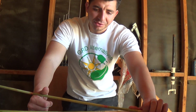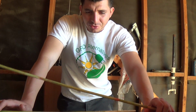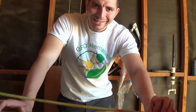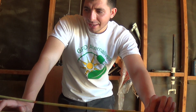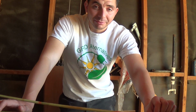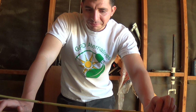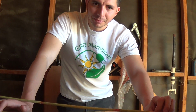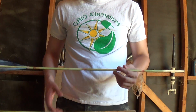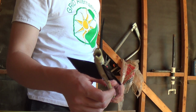That's some of the stuff that we have here in California, and that type of cane is almost as strong as the hill cane, but it has slightly thinner walls. It does have some strength to it, but in my opinion, it flies just as good, or maybe a little better. I'm a little more familiar with that type of cane just because it grows here in California and I've used it extensively. And these arrows that I have here are made from cane that came from the eastern part of the US,